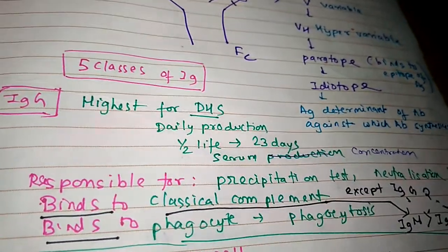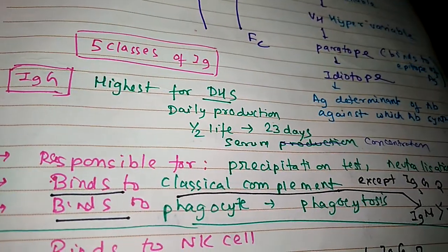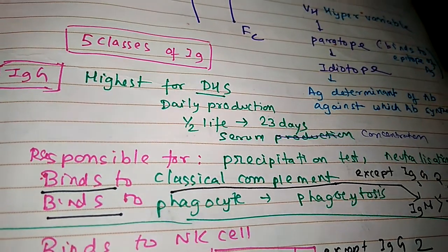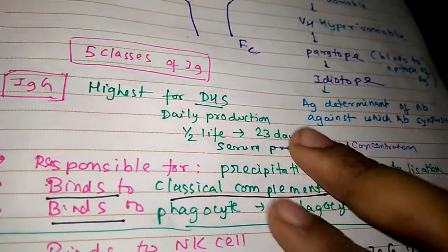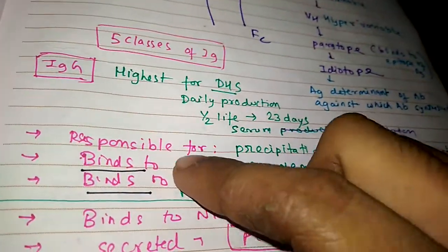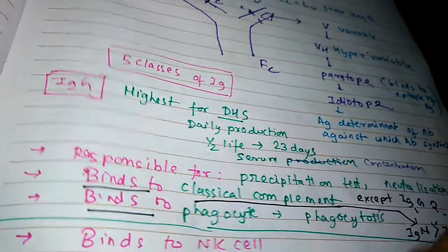The order of DHS is said to be G-A-M-D-E: IgG, IgA, IgM, IgD, IgE. We'll study that in the subsequent chapters, but for now just remember that G has the highest DHS component,